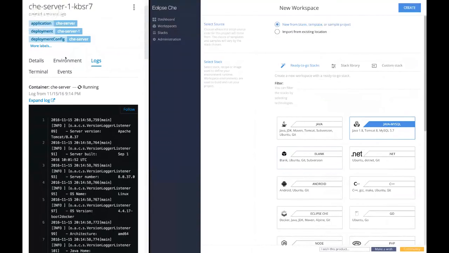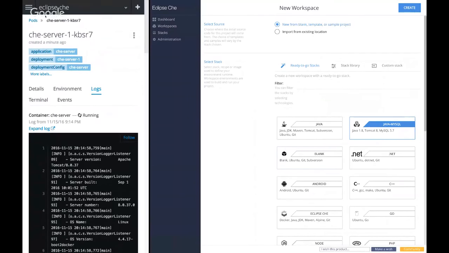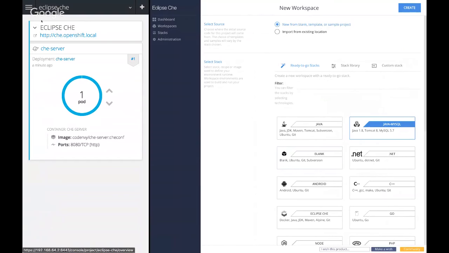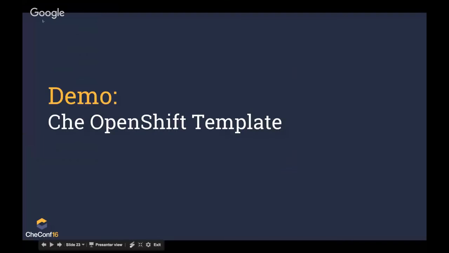So we can come back to the overview, and we can come back to the slide. So that's really cool. That's something that you can do straight away using the template. So with the current version of Che, is it possible to do that? I'm gonna share a link to the template that I've used to deploy Che,